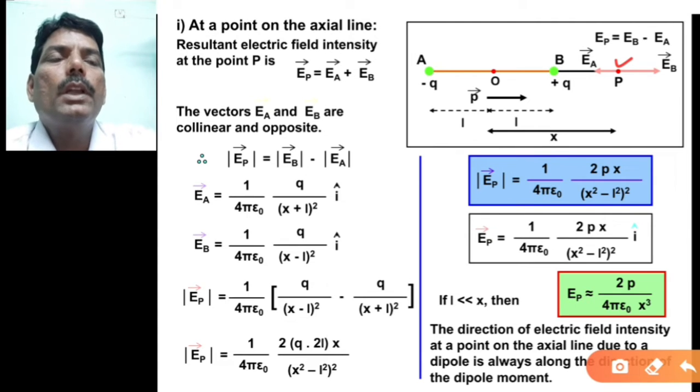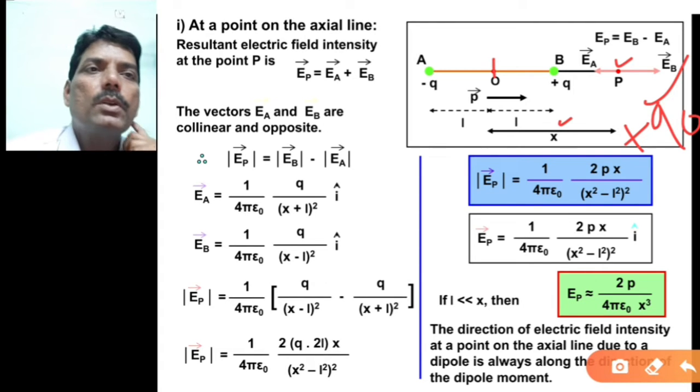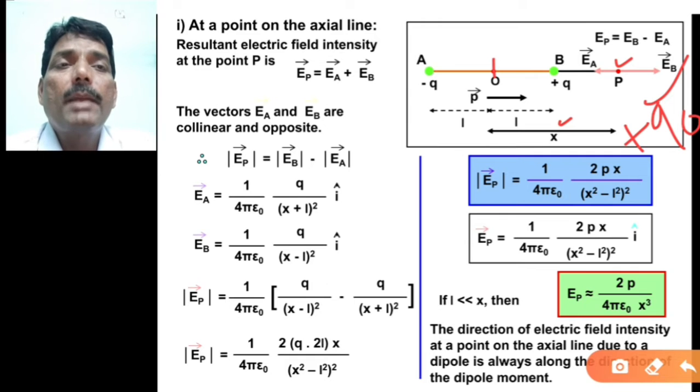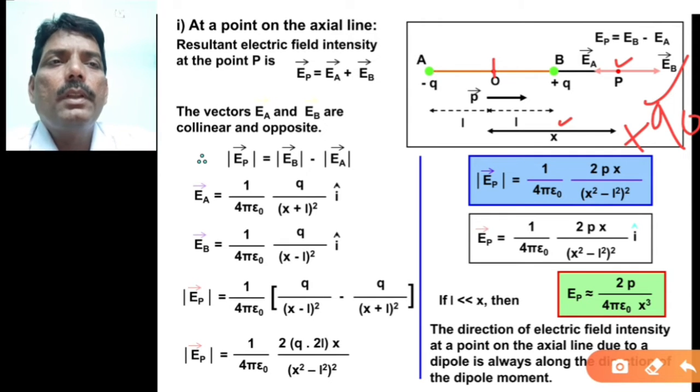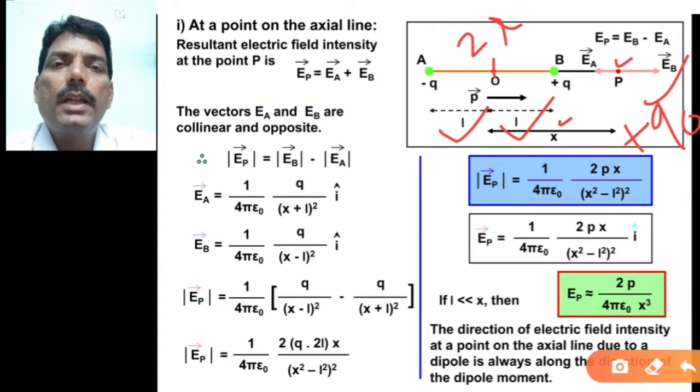Now how will you get this diagram? Suppose you have located test charge plus Q0 at point P, at a distance x from the center of this electric dipole. Why are we measuring from the center of the dipole? Generally we locate the center of this dipole. That means this one is L and this one is L, therefore the total distance is 2L, which we have defined also. The length of the dipole is 2L. So we are considering the center.